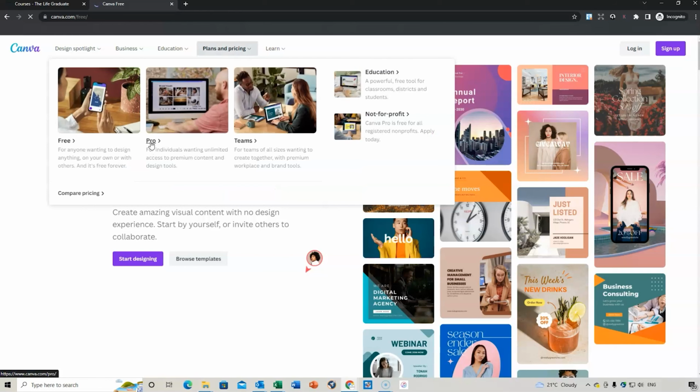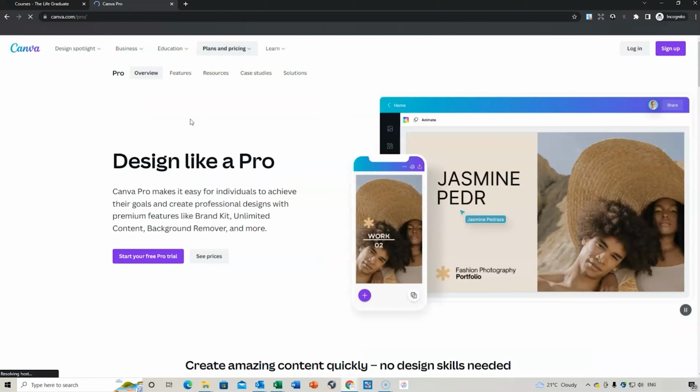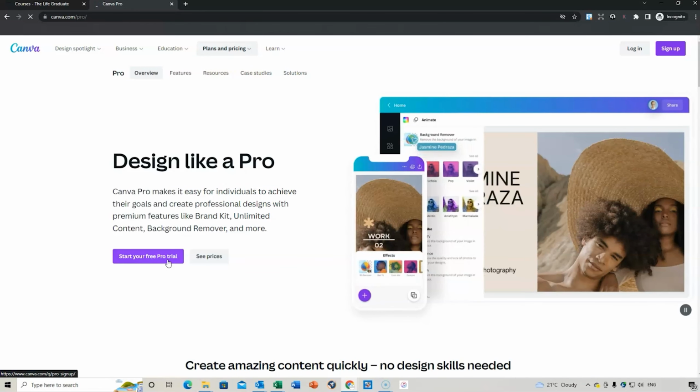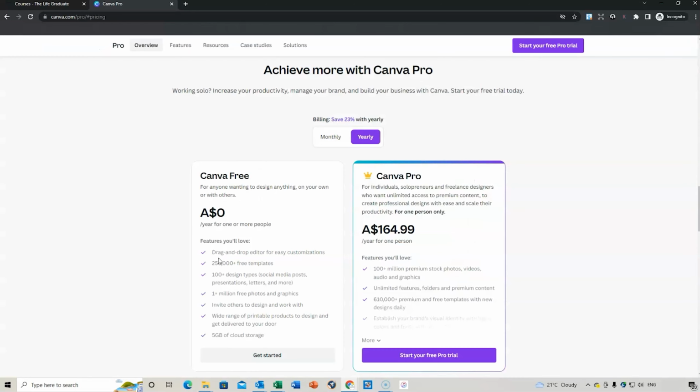Or you can go to the pro plan, and that's what I have, and you can start your free pro trial. And then if you look at the prices, this is in Australian dollars, so it's probably going to be around about $110 US, and you can start accessing the Canva Pro. I just find it to be amazing and a great way of designing excellent design that I don't have to outsource, and I actually enjoy the design element.